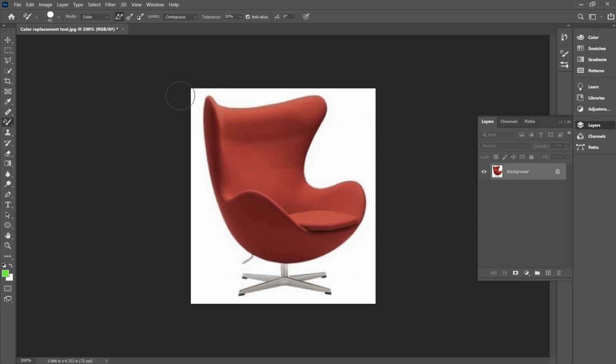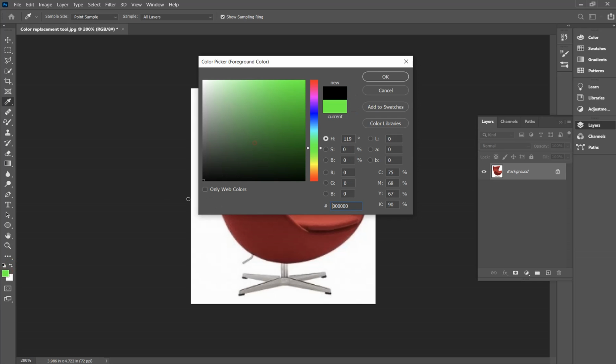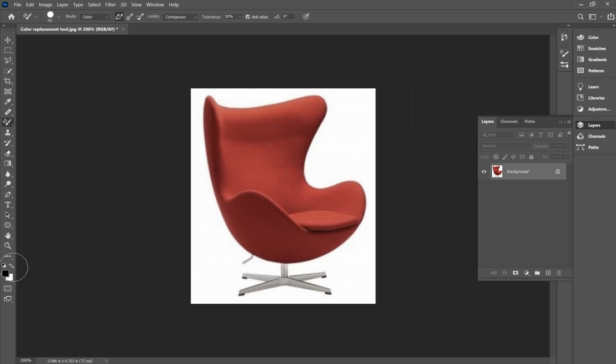So let's say that with this red chair I have here, I want to remove the color that I have from this chair. So what I'm going to do is I'm going to make sure that this is set to black. And I'm going to go to my color replacement tool here, which is in my brush tool panel. So I'm going to come here, right click, and make sure that my color replacement tool is selected. And then I'm just going to color over top of this red chair, and you can see how it removes the original color